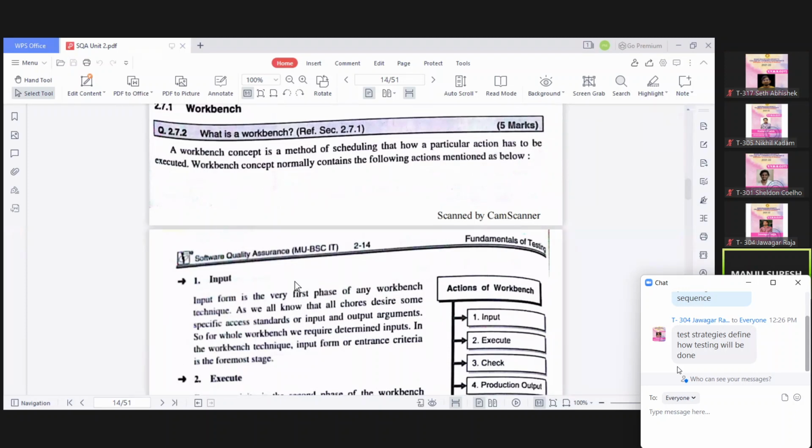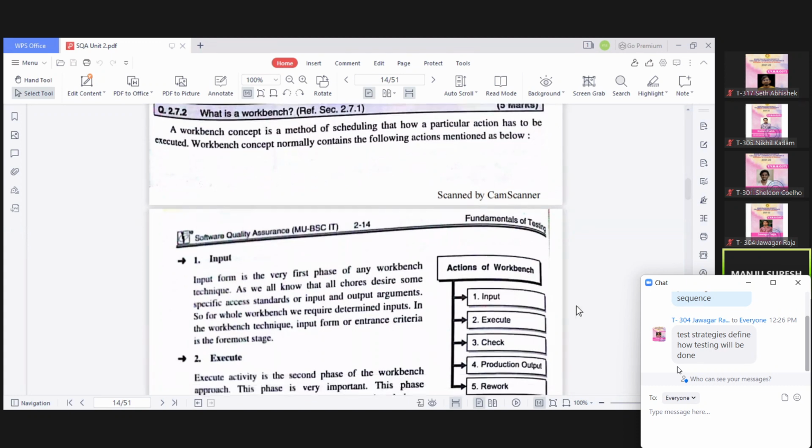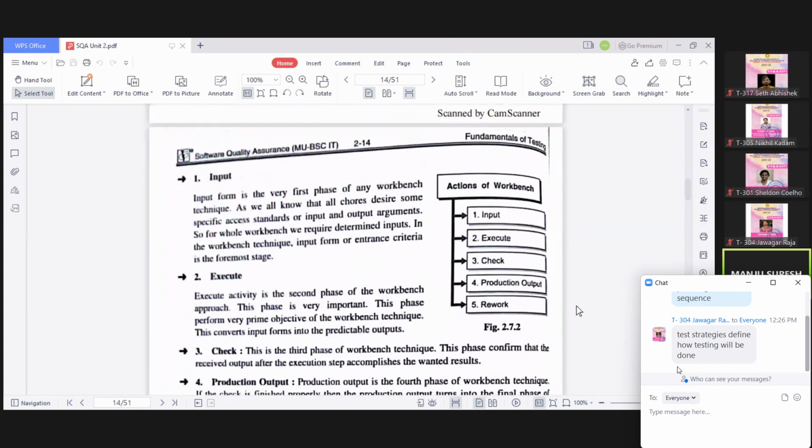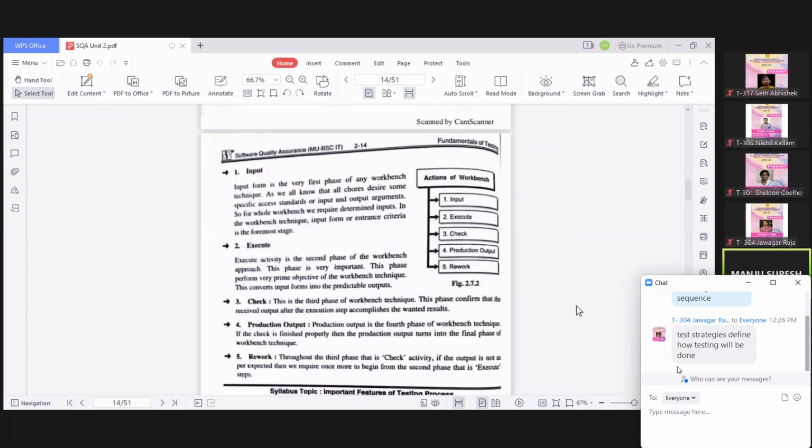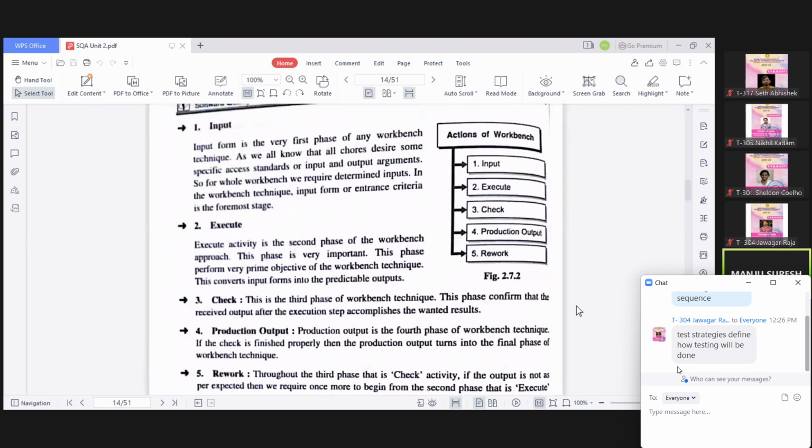So for that, what are the actions required? Input, execute, check, and produce output, and then the rework. These are the actions which you have to perform for a workbench. Please go through this, all the 5.